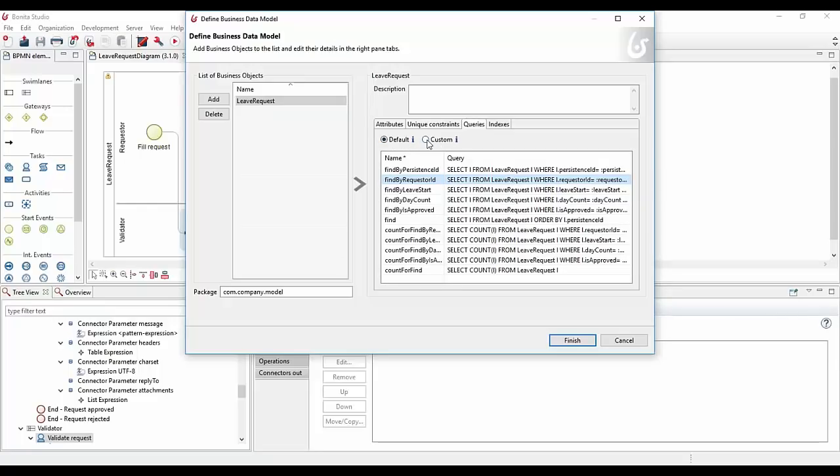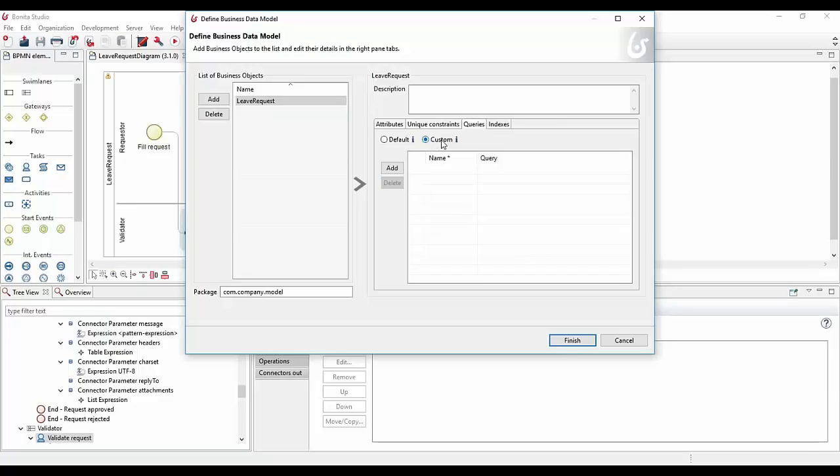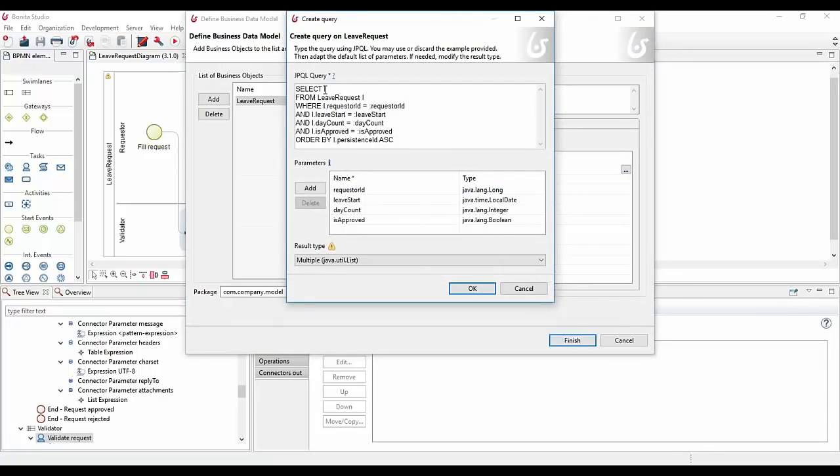If you want to have your own query, which I suppose is what you are trying to achieve, you can click on custom, add a new query. It's a JPQL query, so you can change the attributes, the parameters of this query. In case you want to rely only on some of them, I will do the opposite maybe, it's easier. I will drop is approved. I don't really care about this is approved, so I will just remove this line and my query will be good.